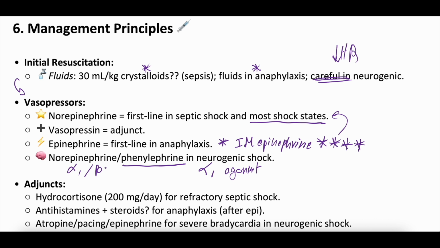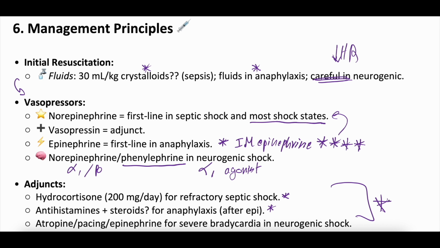So it vasoconstricts, but also can increase contractility a little bit. But norepinephrine, again, first line in most shock states, other than anaphylaxis, which you really need epinephrine. And then there's some adjuncts that people talk about, right? Steroids in septic shock, antihistamines and steroids in anaphylaxis. Do those work is unclear. In neurogenic shock, addressing the bradycardia with atropine or pacing, or sometimes low-dose epinephrine, are all things to consider in